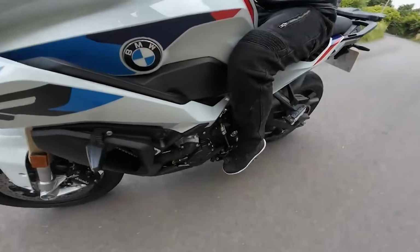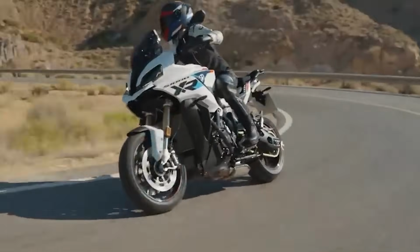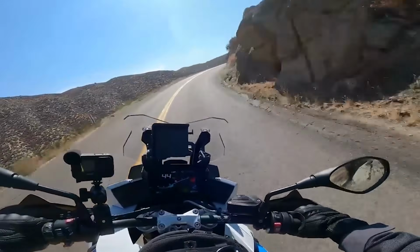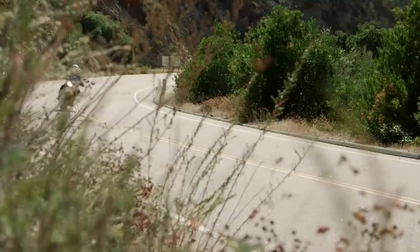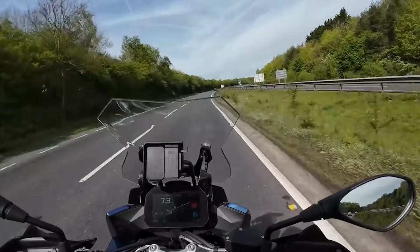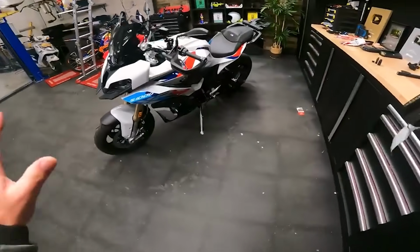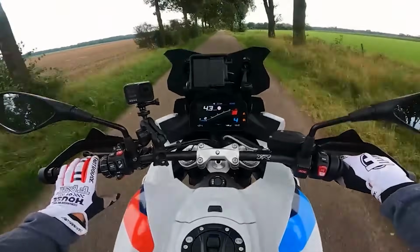But that same high-strung engine design brings with it vibration levels that are far beyond what riders expect from a touring motorcycle. Owners across Europe and the US have been reporting persistent bar and foot peg vibration that creeps in around 5,000 to 7,000 revolutions per minute, right where the bike sits during normal highway cruising. Over time, this causes numbness in the hands and feet, even with BMW's factory-installed bar weights and rubber mounts. Some riders have even replaced bar ends, mirrors, and mounts multiple times because the vibrations slowly loosen hardware and wear